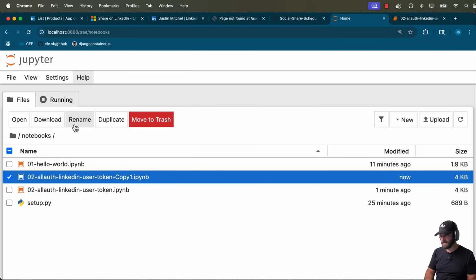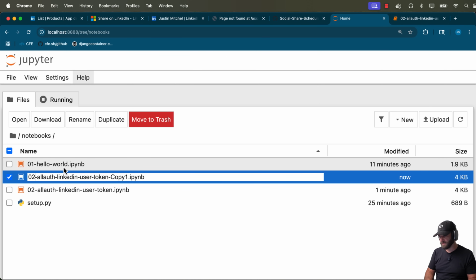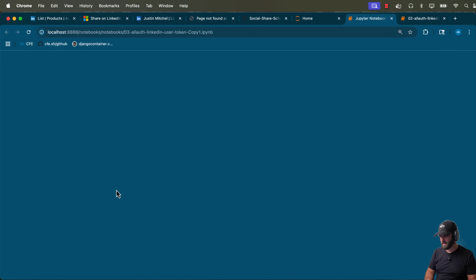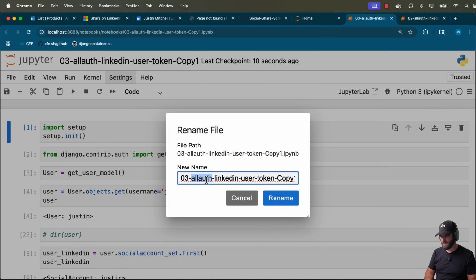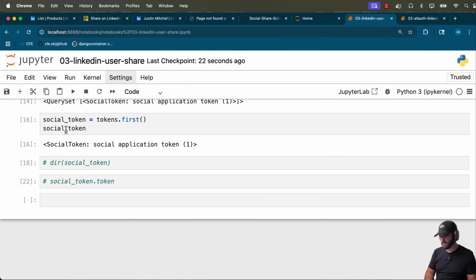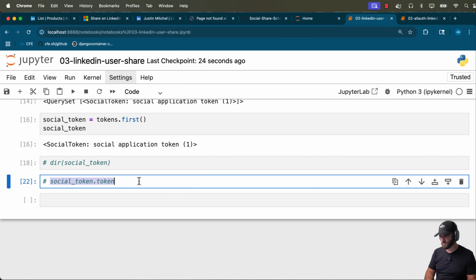So I'll duplicate it, and I'm now going to rename this, and we'll call this something like LinkedIn Share. And let me just open it up, and I'll rename it in here. Sometimes that's easier. LinkedIn User Share .ipython notebook. Great. So the idea is I should have this social token down here, and then this is how we will